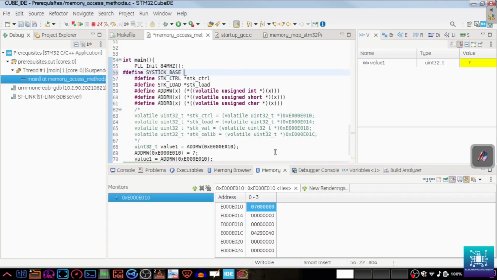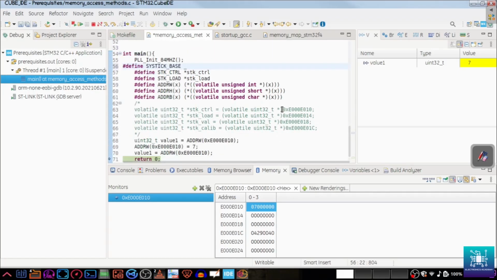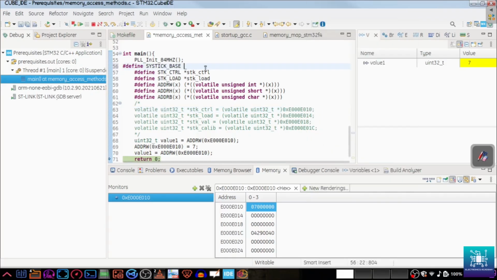Since the base of the register starts from this address, E000 E010, we will paste it here. Okay, so this is your systick base. So what we'll do now is all these registers that are coming after in that area. So this is the base, and all the registers that are coming in that area,